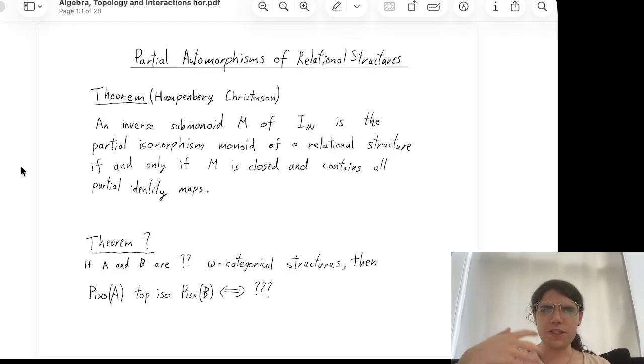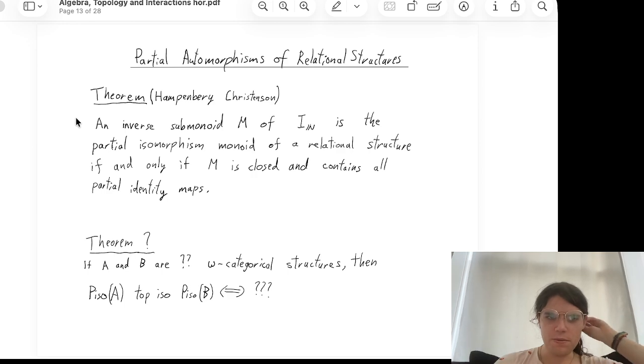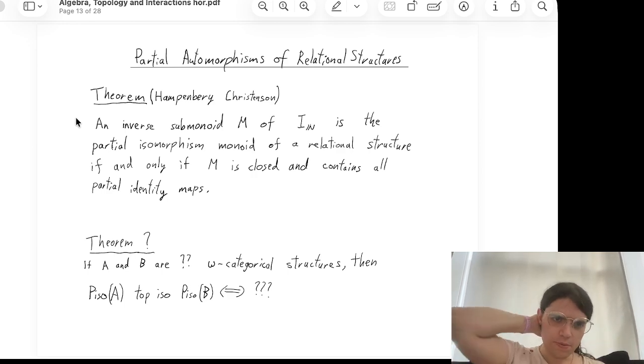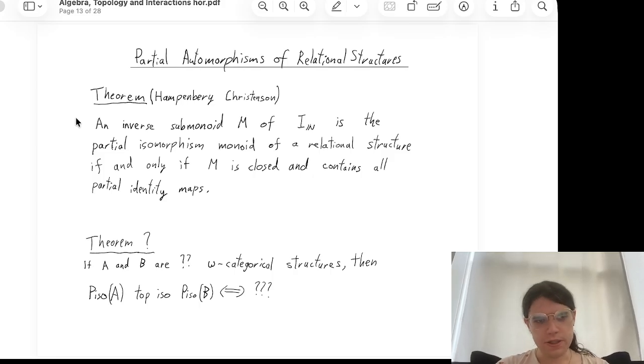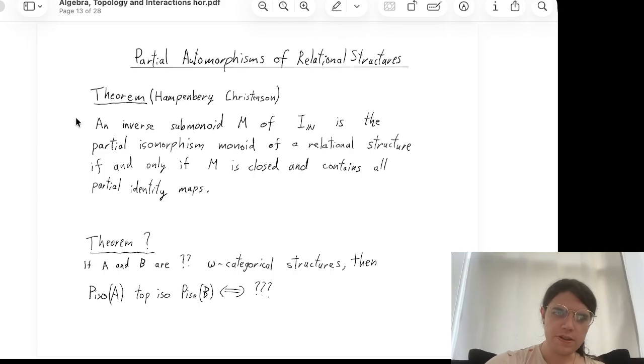Okay, and a lot of this stuff from before works. Although in my experience, model theorists tend to put less focus on inverse monoids than monoids, which I think is quite in contrast with the semigroup community. The semigroup community seems to care a lot about inverse monoids. So it sort of surprises me that model theorists are less into inverse monoids. There seems to be a sort of gap in the literature. I don't know why this is.